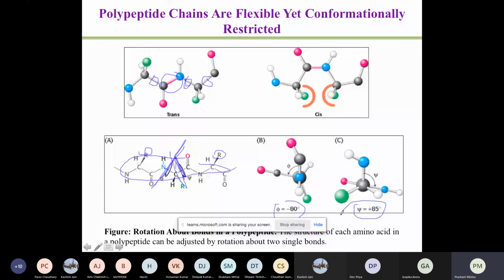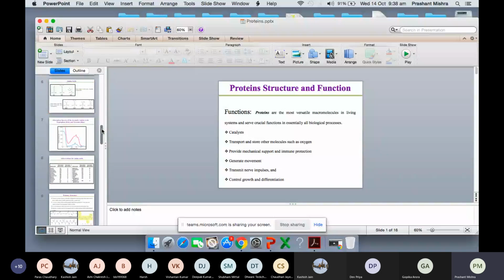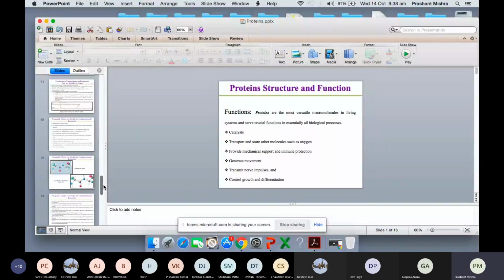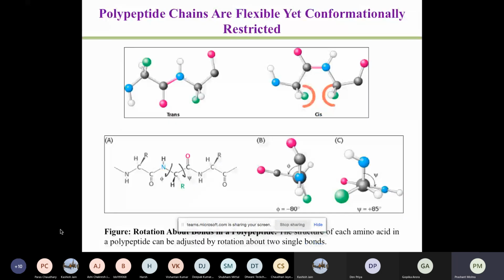Now, there are certain rotations which are allowed, depending on parallel or anti-parallel. So you have a flexibility of the structure from minus 180 to plus 180. So this is what we were discussing. Now in this structure, what you see is this phi bond and this psi bond, which are rotating. And as we discussed in the previous discussion,